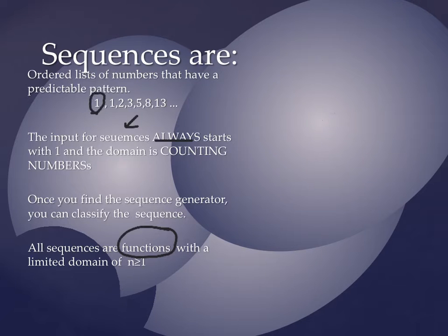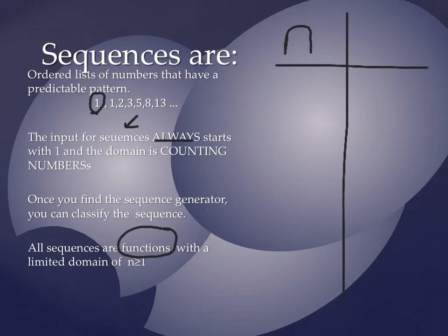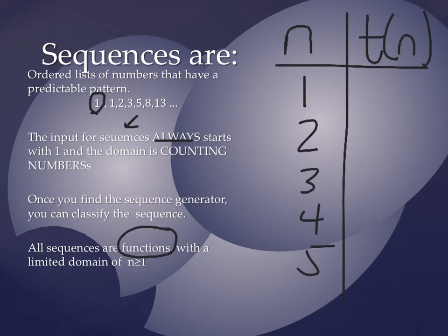So this one is the first term, and if we were to put it in a table with sequences, we use the input of n and an output of t of n. That tells you it's a special kind of function where the inputs are counting numbers, 1, 2, 3, 4, etc. And that means the domain, the input possibilities, are always just 1 and the numbers greater than 1,